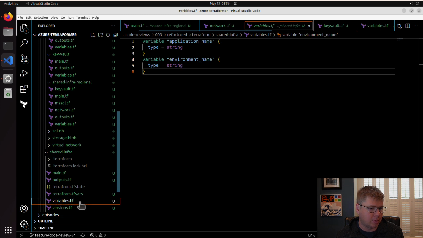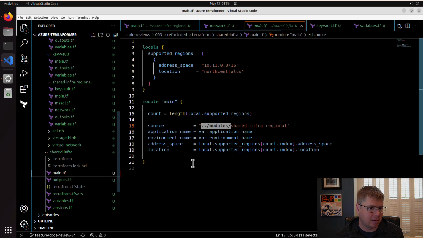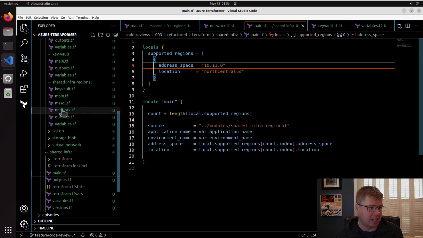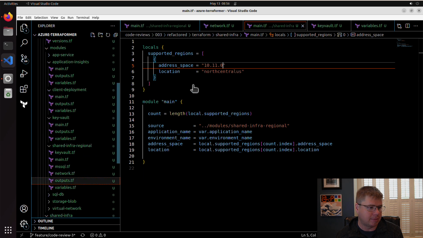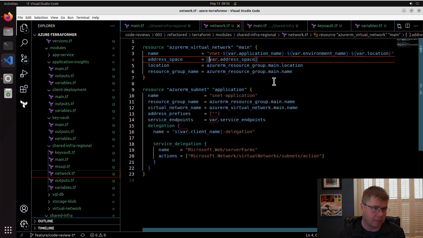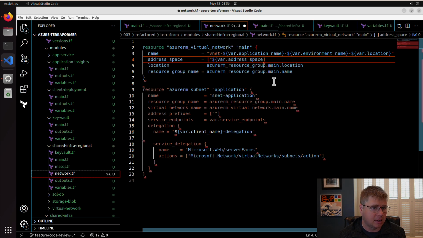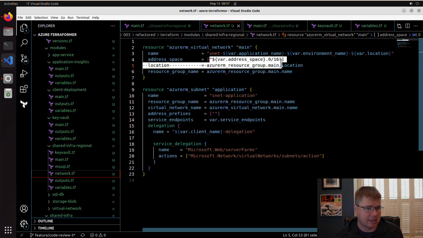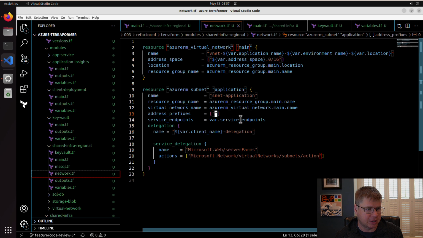So we're passing in a /16. What I'm going to do is have it pass in the prefix, and we're going to assume that the VNet is going to be a /16, and the subnet space is going to be a /24. So we're going to change this. The address space is going to be a prefix. We're going to add the /16 to the end, and then we're going to take this and dump this into